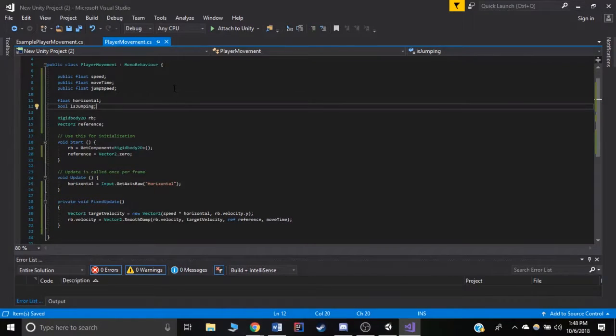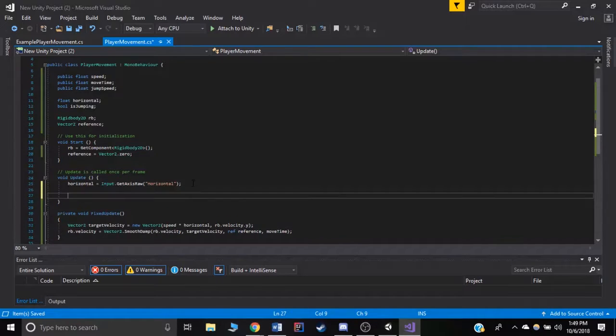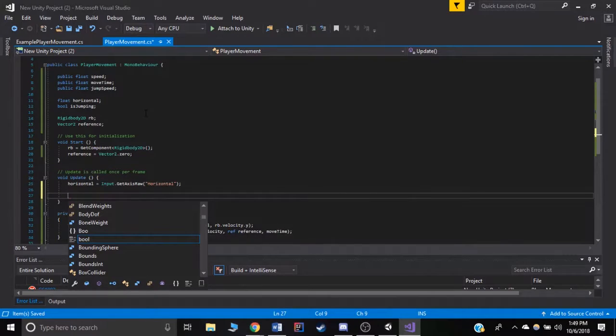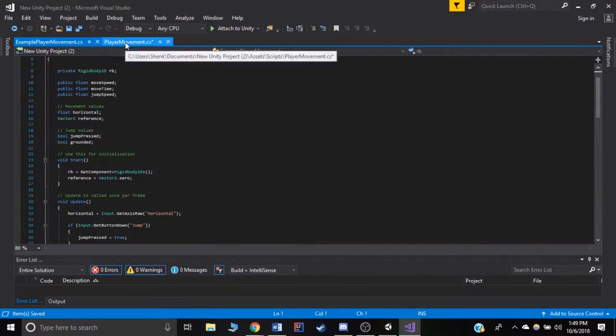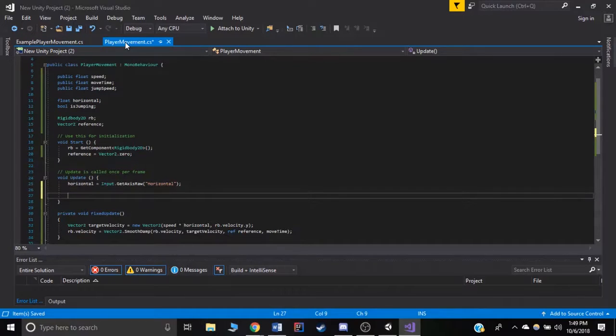If you are not pressing the button to jump, we'll set it to false. So in update, we want to set isJumping